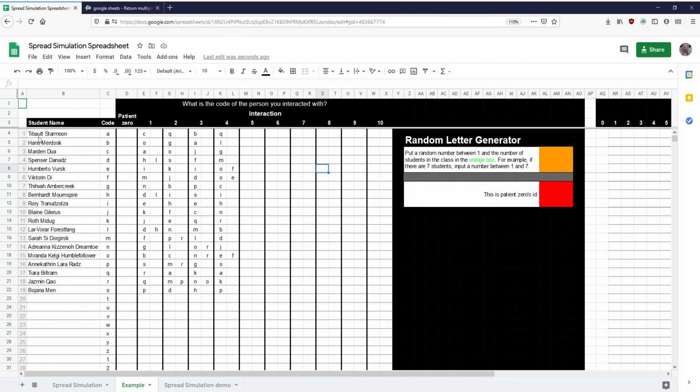If you take a look at this slide, I have set up a set of example data. So I have 19 students, each have their own code, and each of